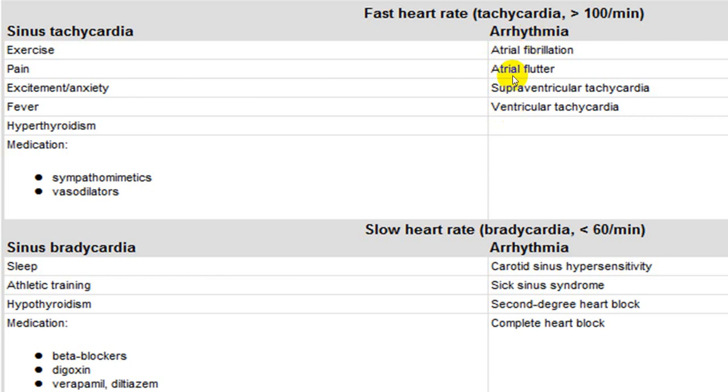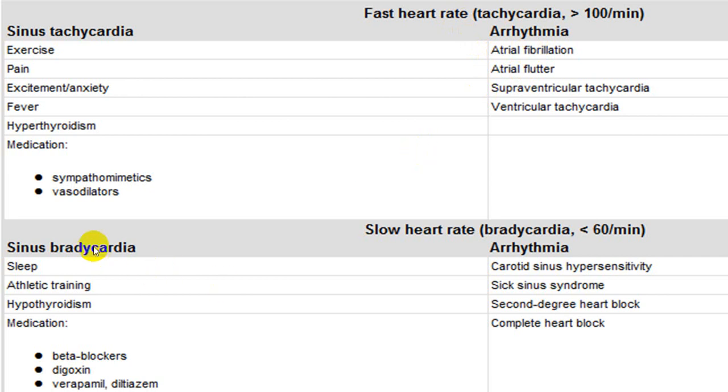But this terminology you can utilize only after ECG record and ECG reading, because then only you can say whether it is fibrillation or flutter, whether it is supraventricular tachycardia or ventricular tachycardia. That you can mention only after looking at ECG. But when you are examining the pulse, you can say only tachycardia or not. And you can mention regarding the rhythm, whether it is regular or irregular. If it is irregular, it will be more in favor of atrial flutter or fibrillation. If it is absolutely irregularly irregular, it will be more in favor of atrial fibrillation.